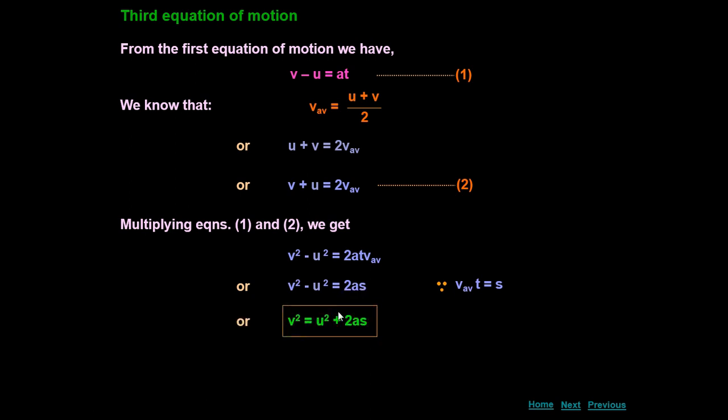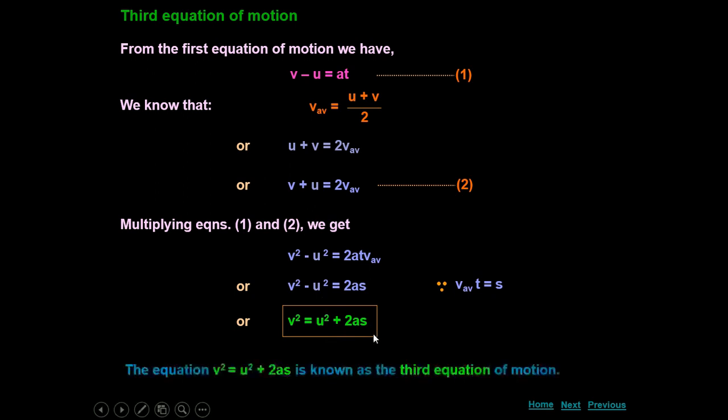So this is our third kinematical equation. You can write it like that also, v square is equal to u square plus 2as. This is the third kinematical equation of motion. We have to see its proof by using the graphical method also and by using the calculus method also. This is the simple proof of kinematical equations. You can write all these proofs in your notebook. Thank you.